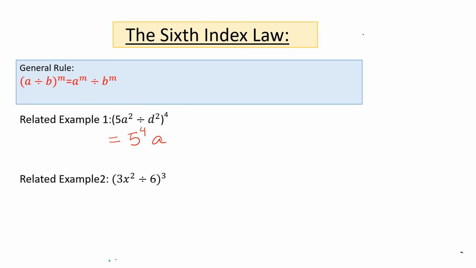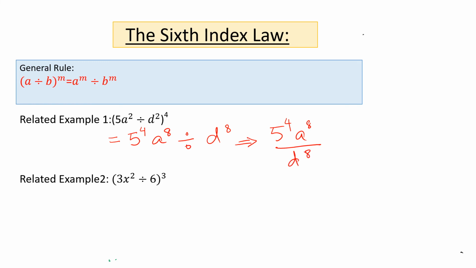Power raised to the power, we multiply. So 4 times 2 is 8, divided by (d raised to the power 2) raised to the power 4. 2 times 4 is 8. I will write 5 raised to the power 4, a raised to the power 8 over d raised to the power